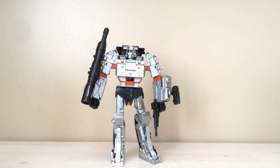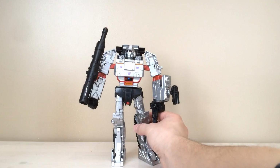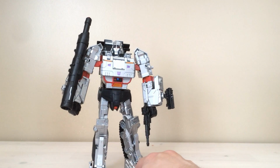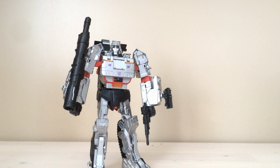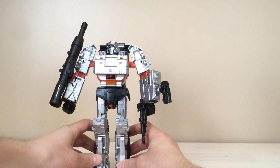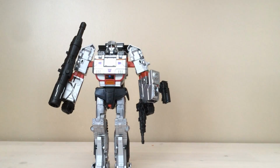Also, the one thing that I noticed when looking at this guy up close is that his chest is a little bit narrow. It would be nice if his chest was a little bit wider. Certainly something that Hasbro could have done by making the tank mode a little bit wider, and it wouldn't have impacted that too much, just to give Megatron a little bit more of a broad shoulder kind of thing, because when you look at him head on in his basic stance there, you can see he does look a little bit narrow in the chest and through